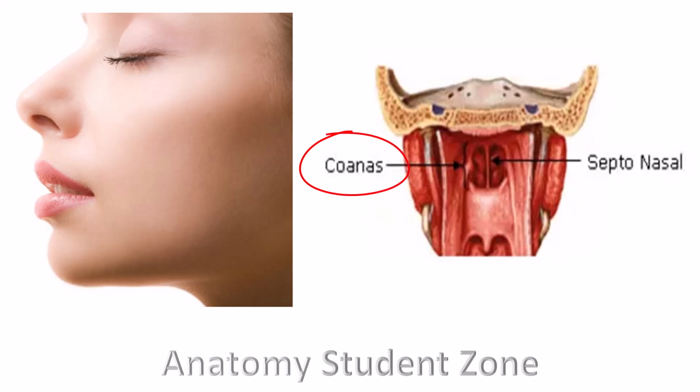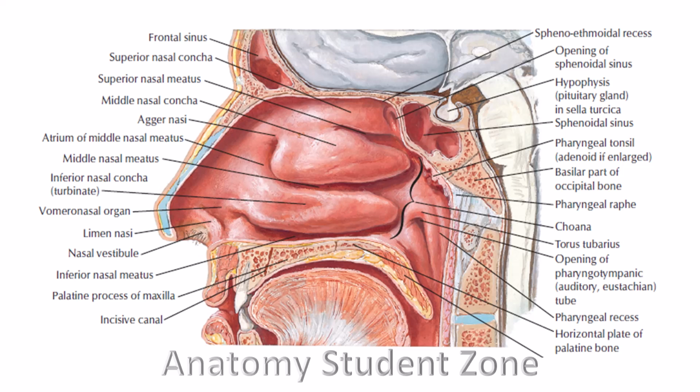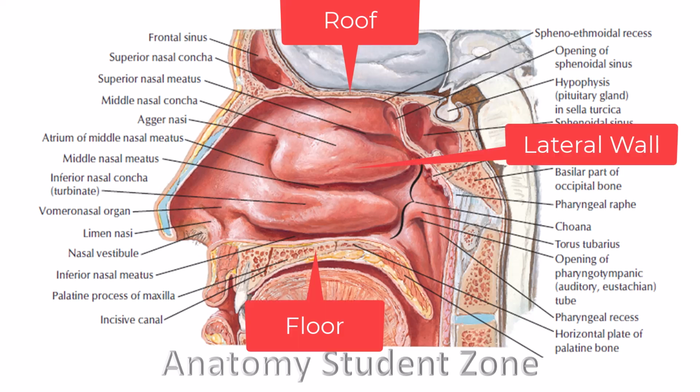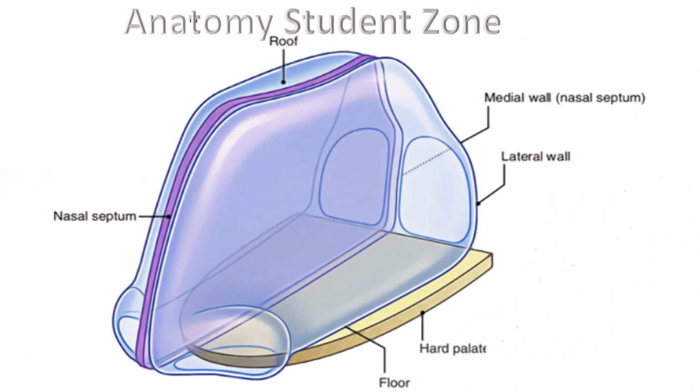So choanae and concha are two different things. Choanae are the openings or apertures that communicate these cavities posteriorly. Simply, I can say each nasal cavity has an anterior and a posterior aperture that we name the nares and the choanae. Besides the anterior and posterior apertures, each nasal cavity has its roof, floor, lateral, and medial wall. You can see here a 3D image that shows a nasal cavity, its roof, floor, medial wall or nasal septum, and lateral wall.